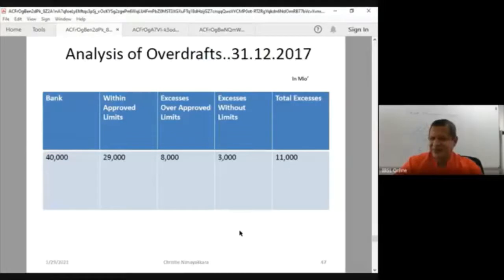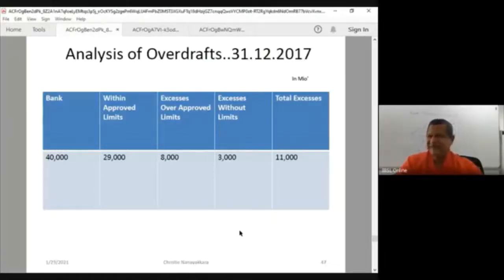Generally, a bank will approve a limit, and most of the banks would advise the branches to maintain the customer's overdraft within that limit. However, due to various transactions and various requirements of the client, this limit sometimes gets violated or exceeded, and sometimes